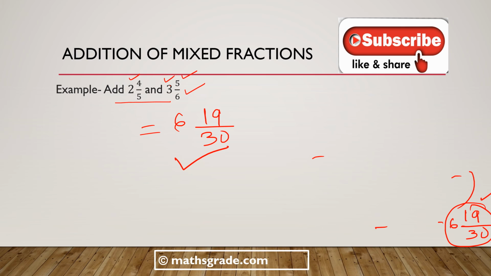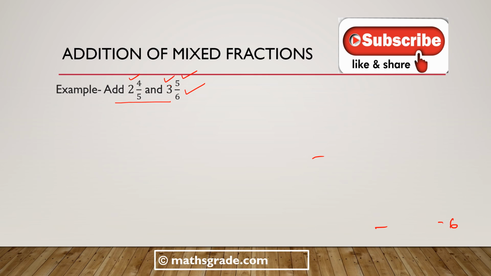So when we add two mixed fractions, first we add the whole number part and the proper fraction part separately. If the proper fraction parts have different denominators, then we have to convert the fractions into equivalent fractions, that is equating the denominator to the LCM. First we find the LCM, then we convert the fractions by equating the denominator to the LCM, that is multiplying the same number with both numerator and denominator. Then we add the whole numbers and the resulting equivalent fractions.